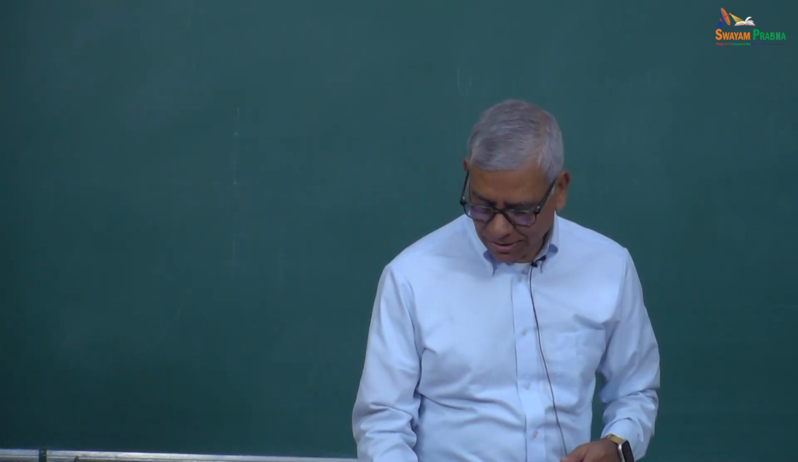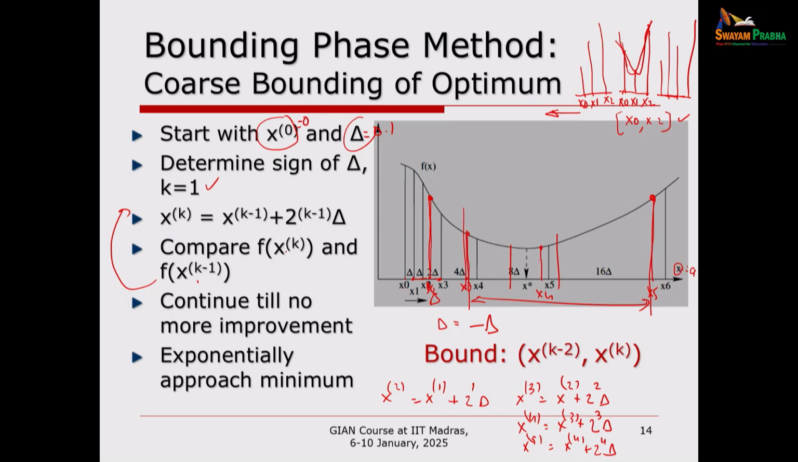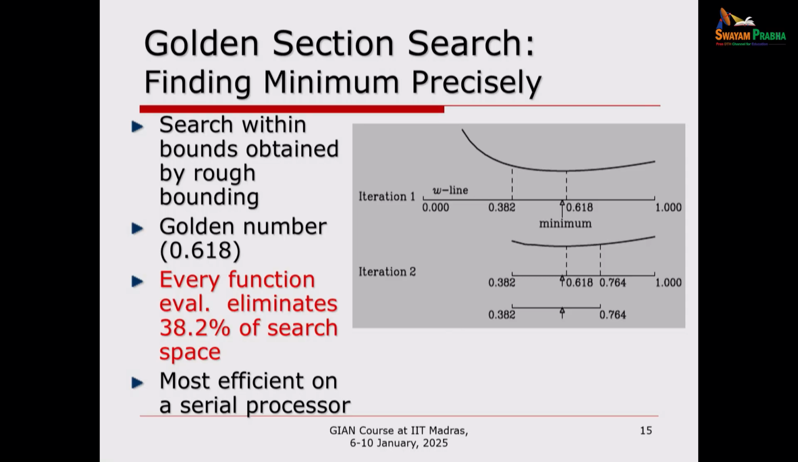But it doesn't matter. The goal is to bound the minima. Minima should be in between the lower and upper bound. And this one does that job. Okay, understood? Because you are going to do a home assignment with this. Okay. Once you've done that, now comes